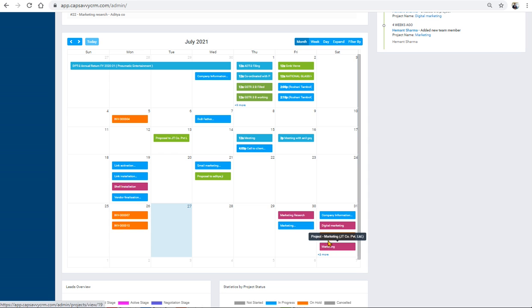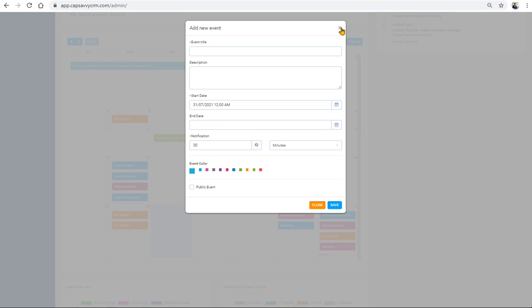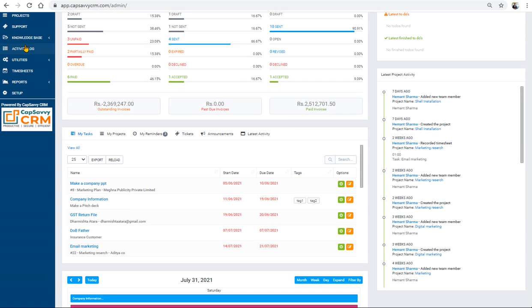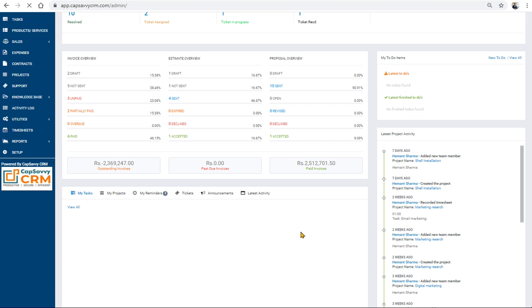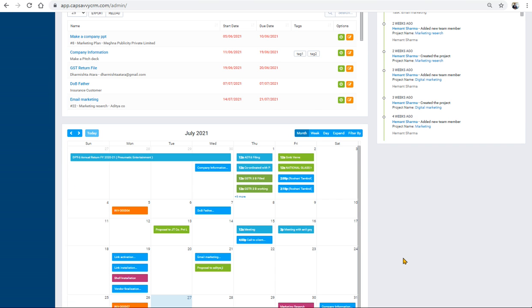Similarly, you can create tasks, for example, this project is getting over in terms of marketing, which we had set in the project. Similarly, digital marketing, suppose it is a task or a project, it will appear at the due date. So that you know, okay, at this particular time this project was to be over, but it is not yet done. So everything is visible on the dashboard or the calendar. Now we come to the further aspects of the dashboard. We just saw the calendar part.